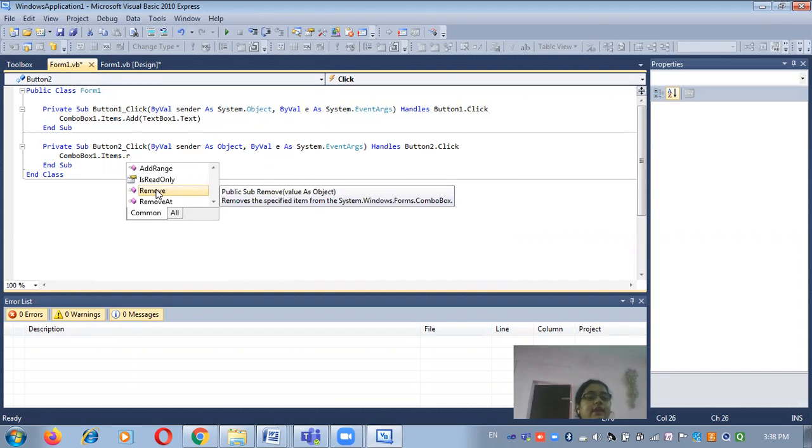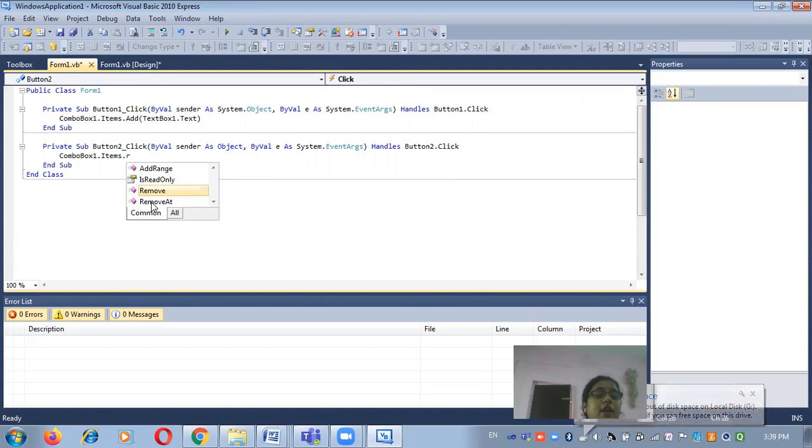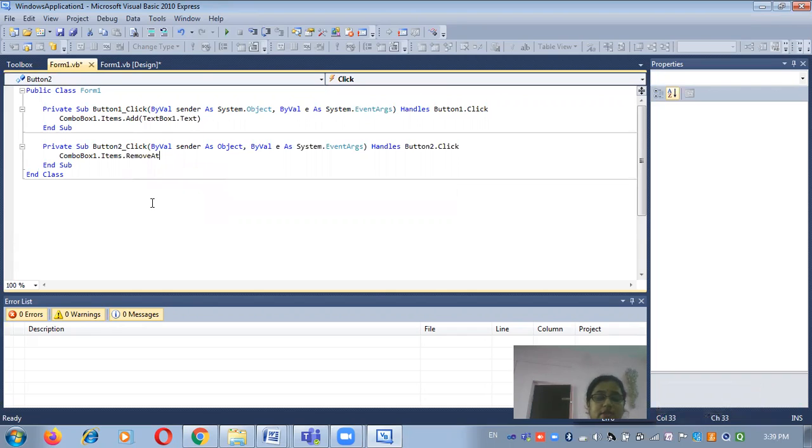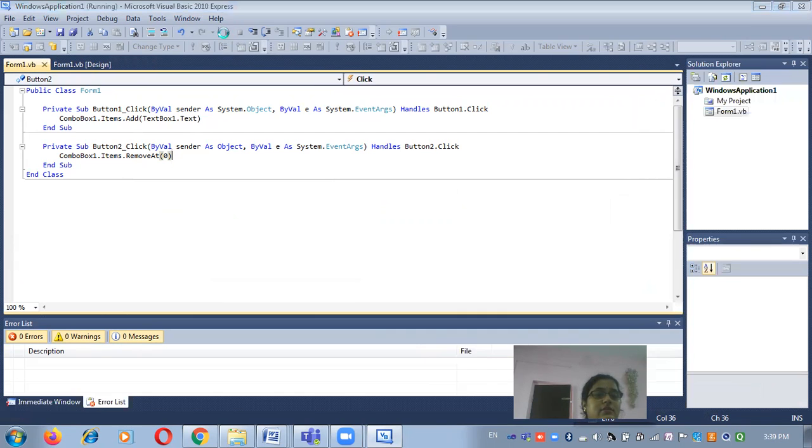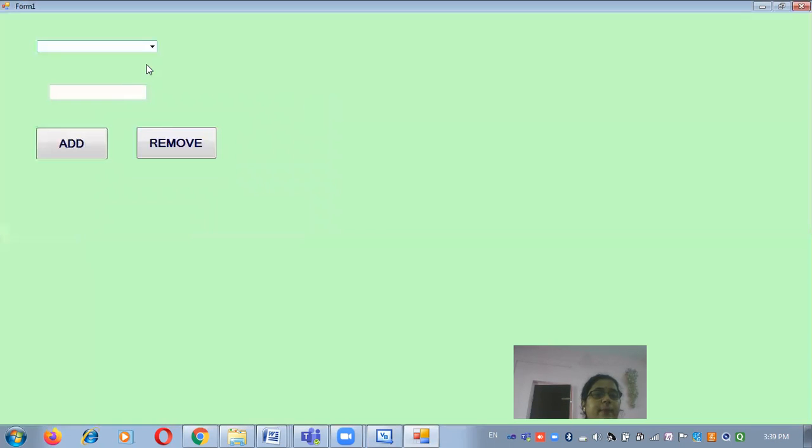To remove an item, you can select either Remove or RemoveAt. If you select RemoveAt and give the index 0, the element stored at the 0th location is deleted. So we compile our program and see that items are deleted automatically.